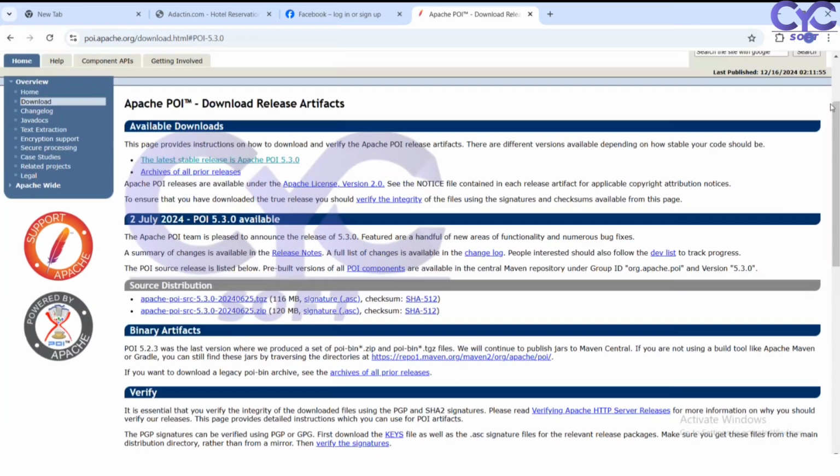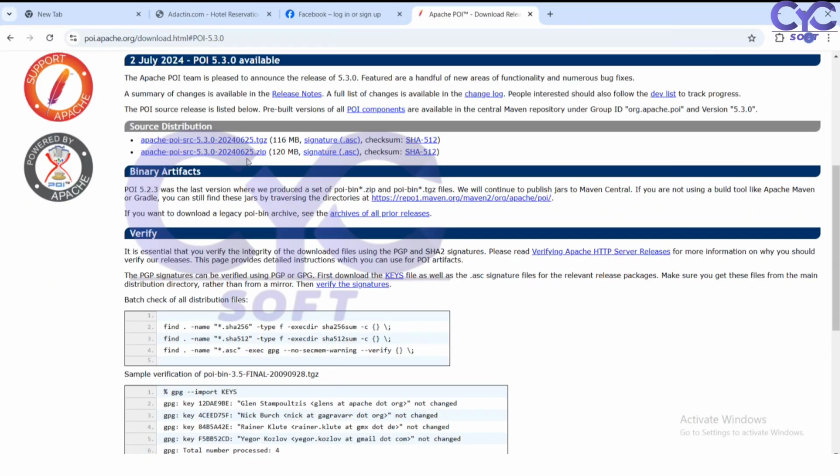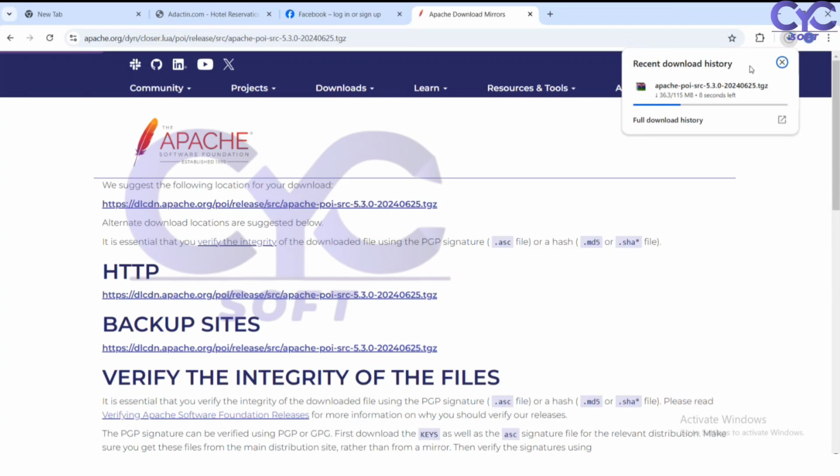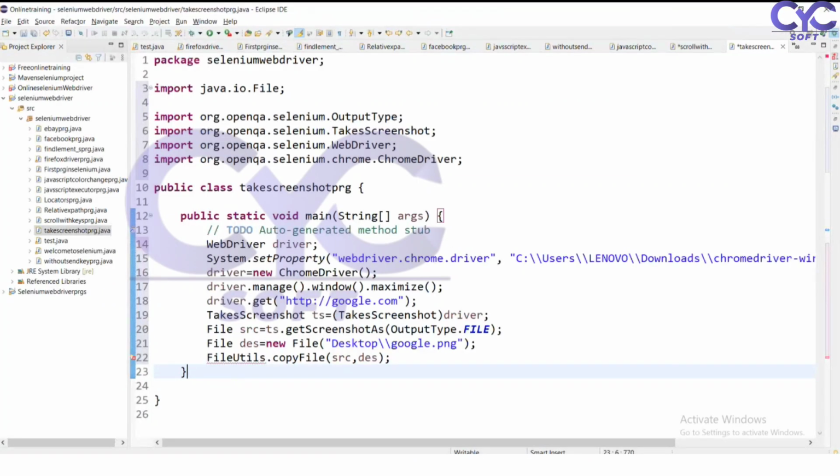I'm going to be downloading this Apache latest one. Once it is downloaded, where I have put all these files, I will